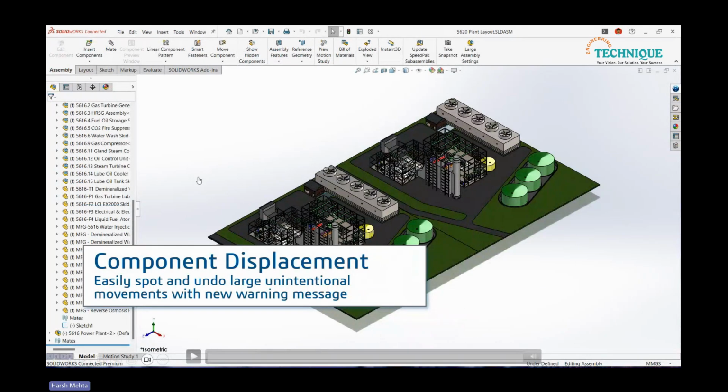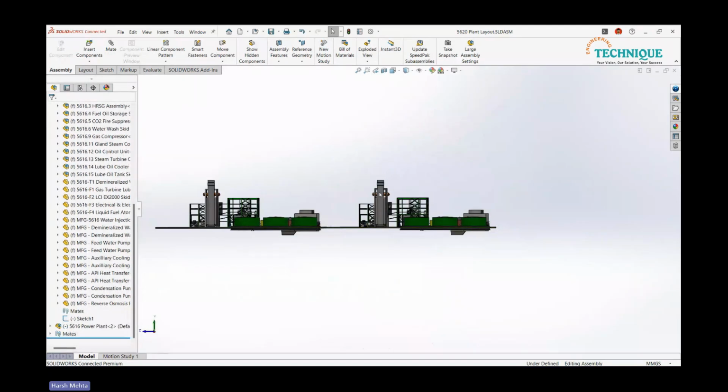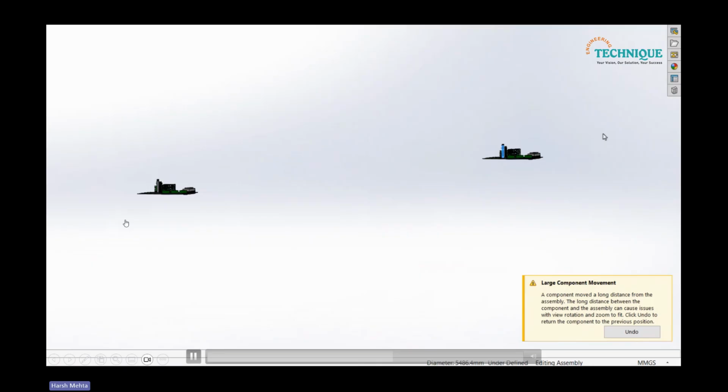Component displacement, easy to spot and undo the large displacement. I keep it in the UI section because it gives you a warning message that in a large assembly, a component displacement is happening. So what will happen? If we open an assembly and displace some part from the main assembly,